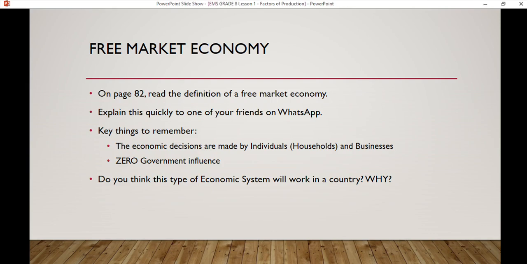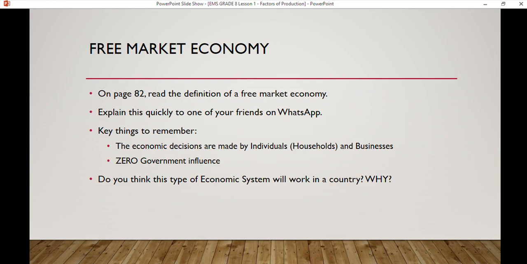So when we look at that definition of a free market economy, I want you to read it again and then quickly take a minute and explain that to one of your friends on WhatsApp right now. Please don't send it on our WhatsApp group. I don't want to fill it necessarily. Okay, once you're done with that,